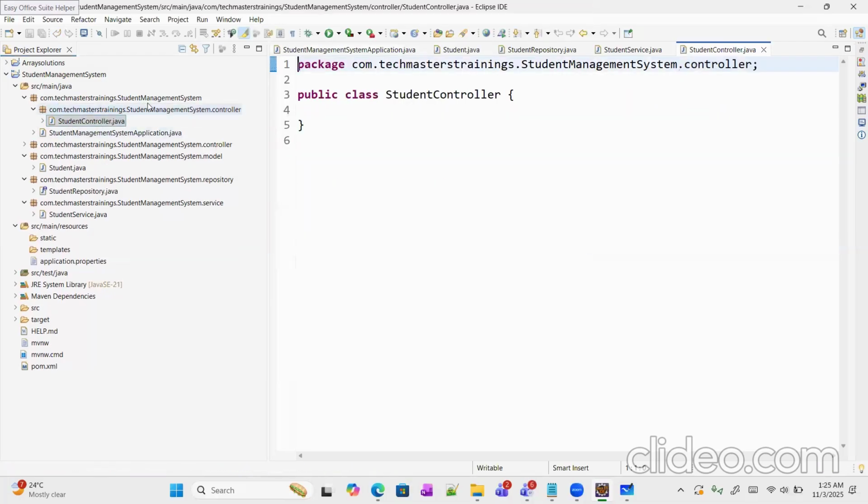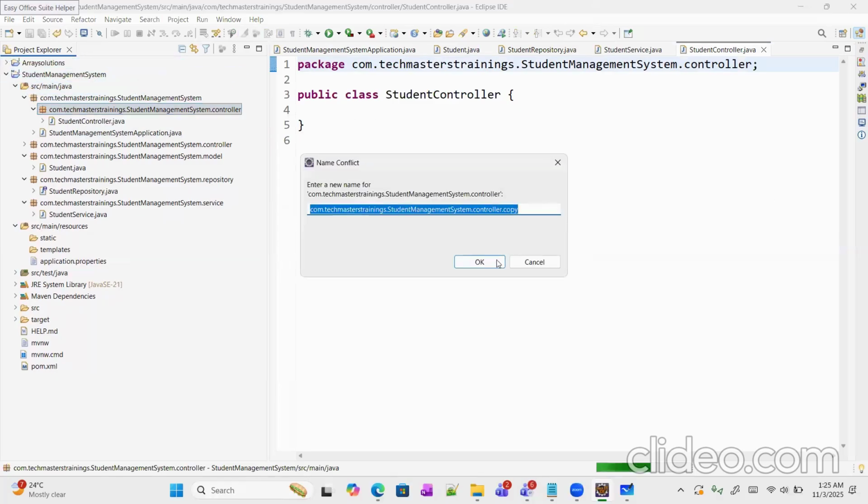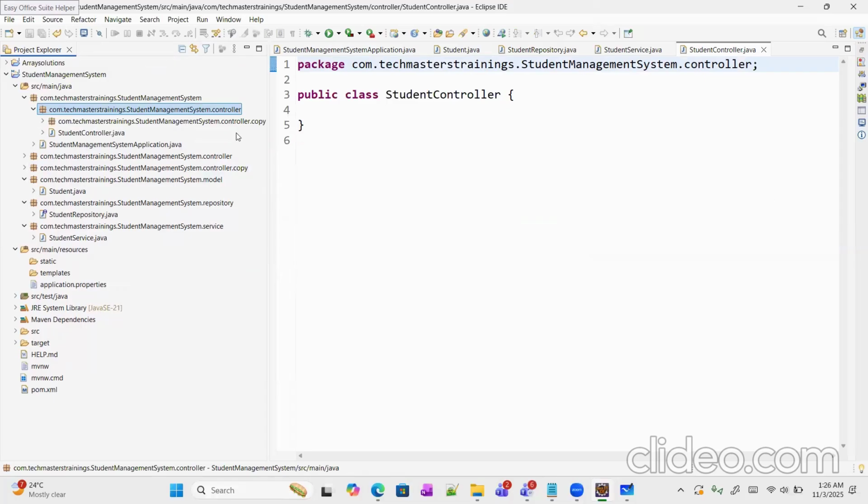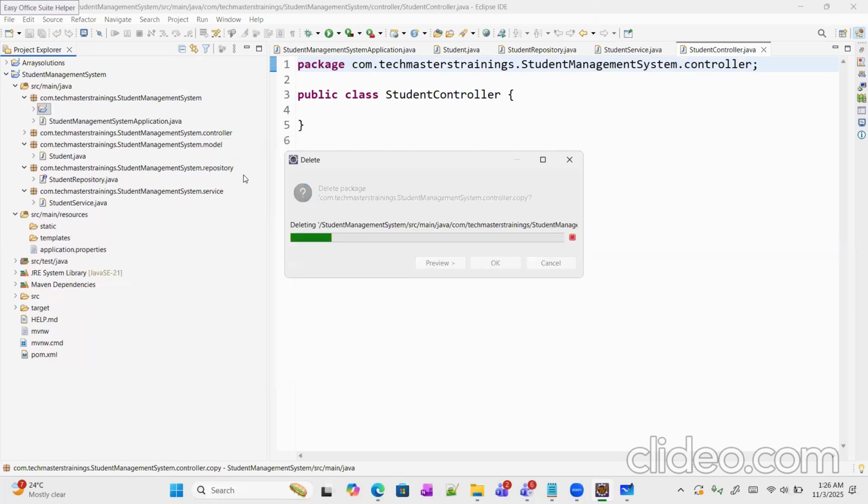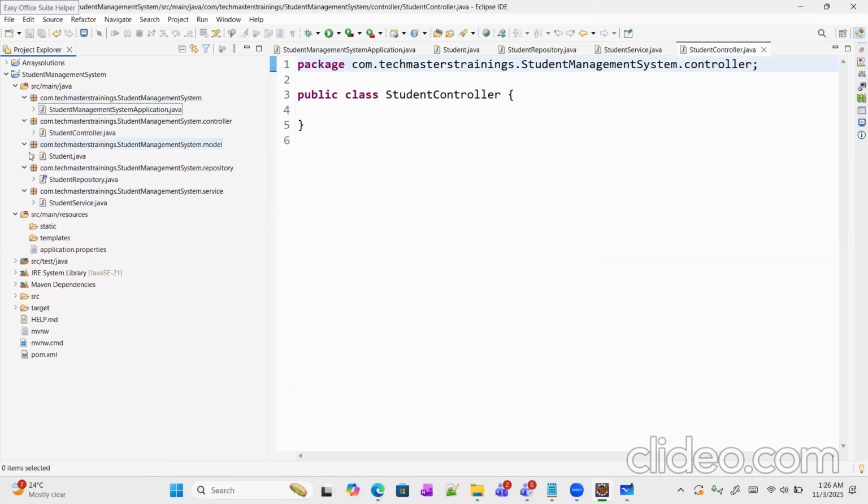So the controller class is here. I think this is supposed to be in the main class. So just try to move it to the main Java and say okay. If it is saying copy, that's not fine, no problem. And what I do is I'll delete this off because it should be a part of the source folder. It should not be part of the main class. All right, yeah, there you go. So service as a service, repository as a repository, student as a student, controller as a controller, and main class as a main class. And without any further ado, I'll get back to the student, and this time I'll be